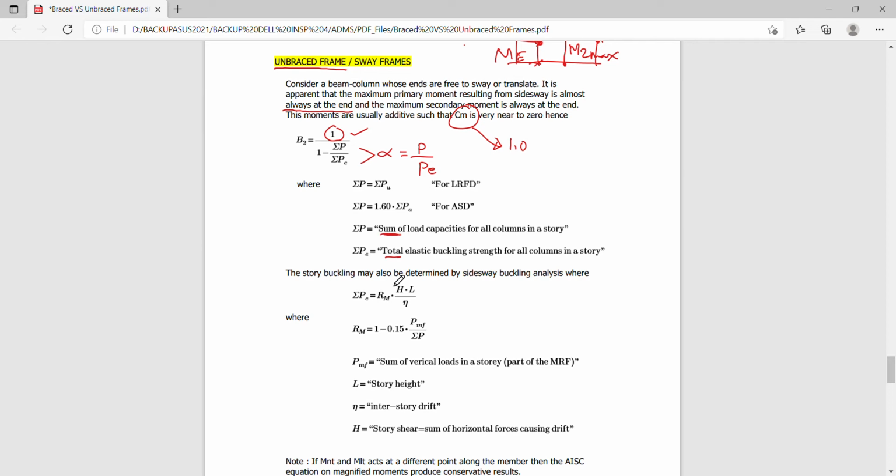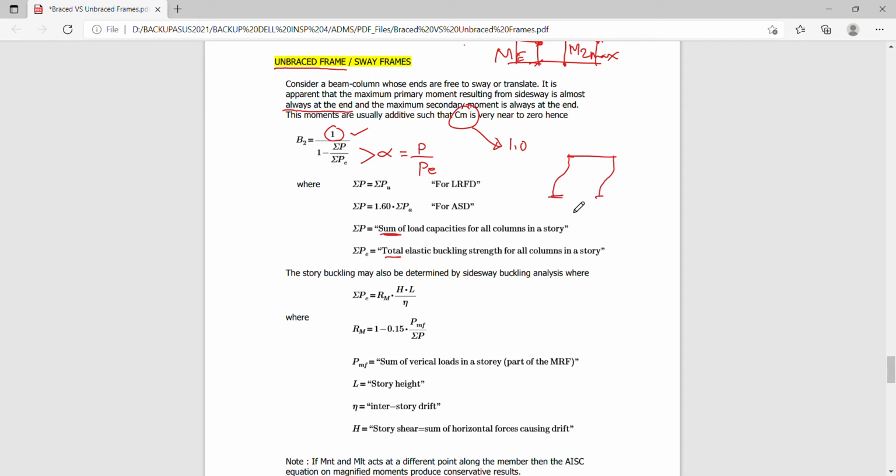So the premise of such modification is that the behavior of each column will affect the other columns in the story, because it's unbraced; whatever sway behavior this column experiences will be experienced by the other column